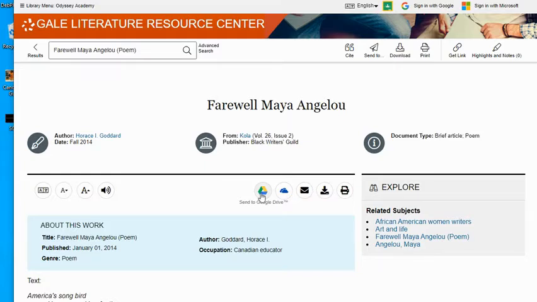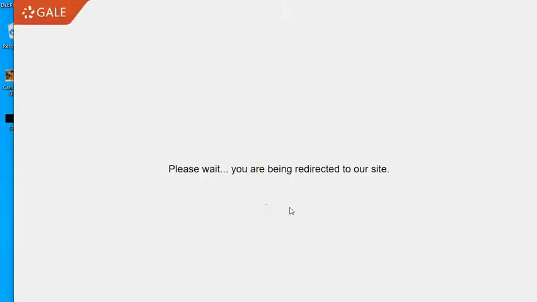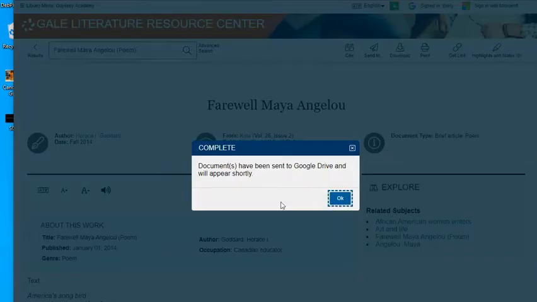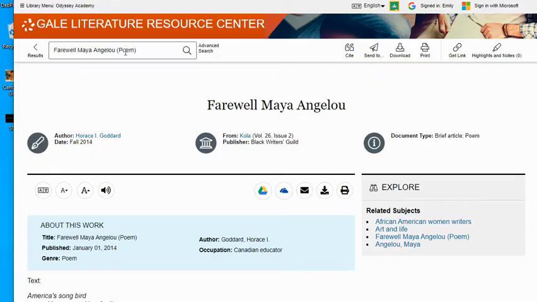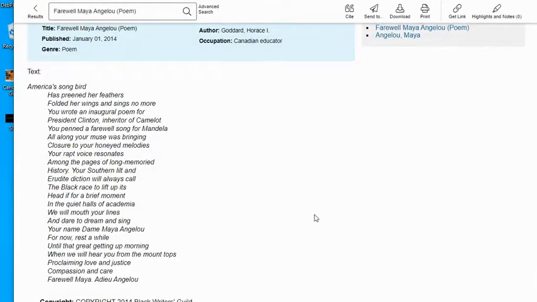It will open up a folder in our drive that says Literature Resource Center, and it will save things directly to our Google Drive. So right now, this document has been sent to my Google Drive. It will appear in a folder that says Literature Resource Center. It's as simple as that. So we can go ahead and research and save articles, or as I had you open NoodleTools earlier,